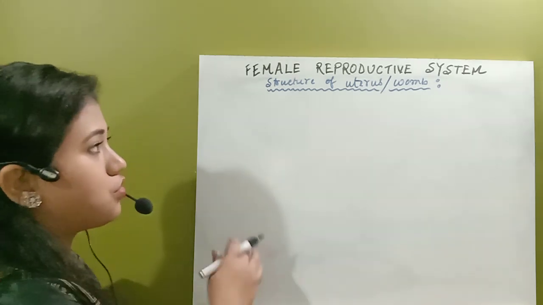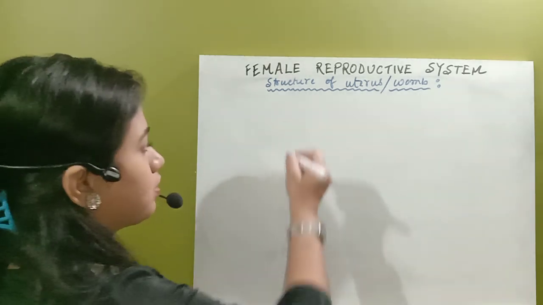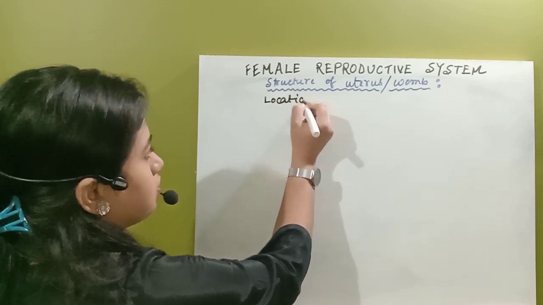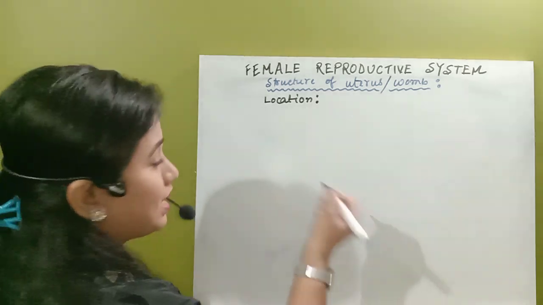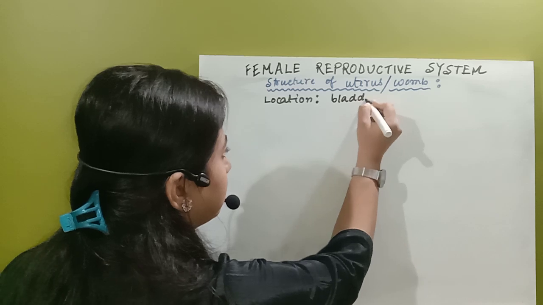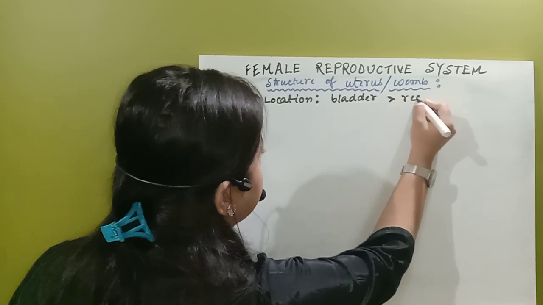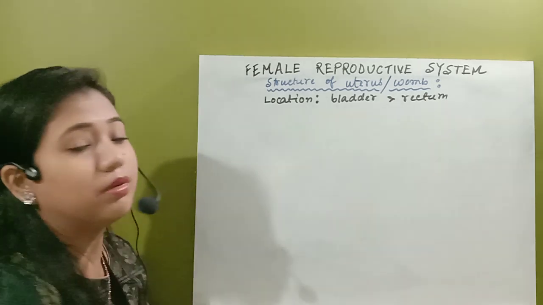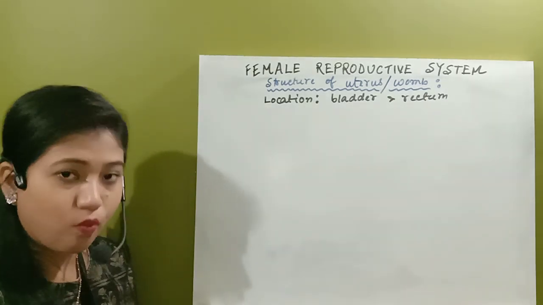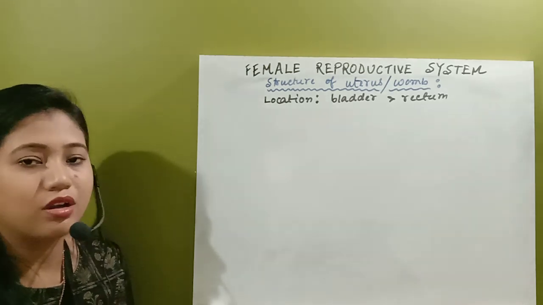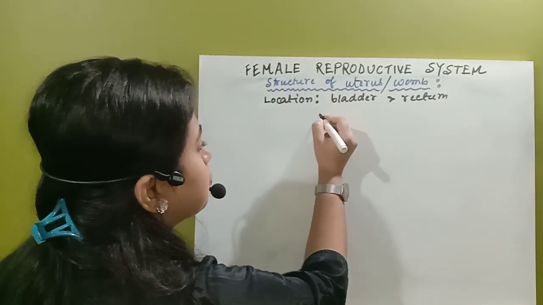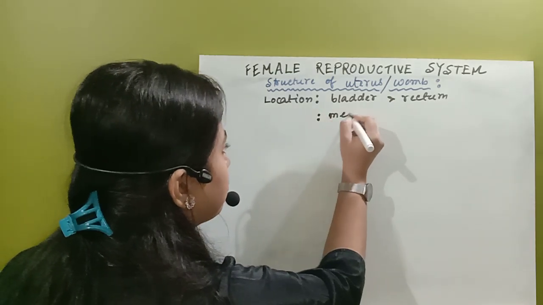Now let us see the structure of the uterus. So this uterus, first of all, see the location. This uterus is present in between the urinary bladder and the rectum. So it is present in between the bladder and the rectum, and this uterus or the womb is also covered by, or is also suspended by, a mesentery that is known as the meso